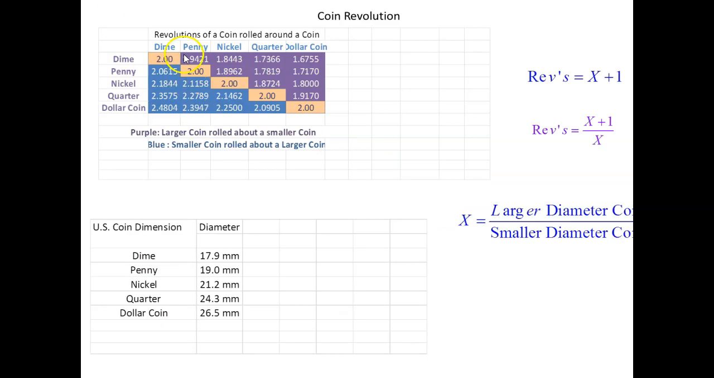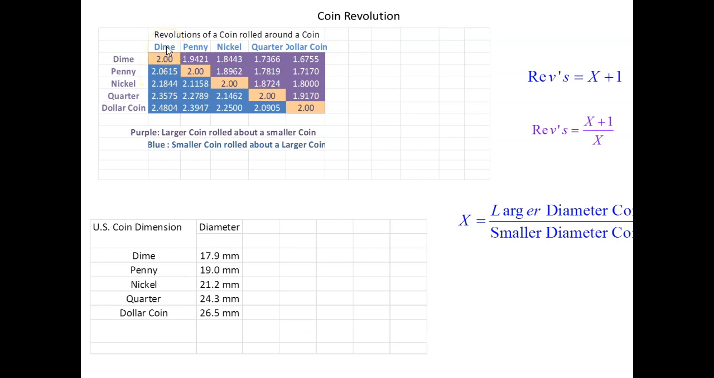As you can see, if I roll a dime around a dime, it rolls about twice. If I roll a penny about a penny, it rolls twice. Nickel about a nickel, quarter about a quarter, dollar coin about a dollar coin. It revolves twice. If I roll a dime around a penny, it will rotate